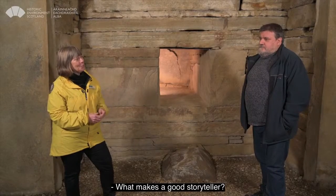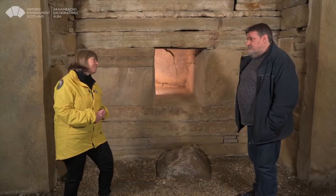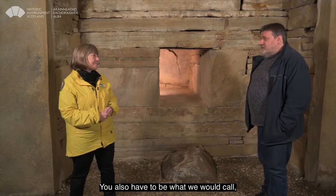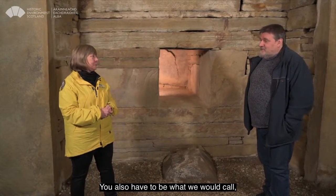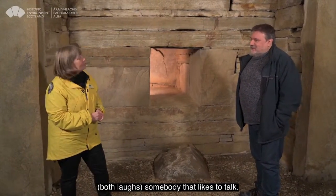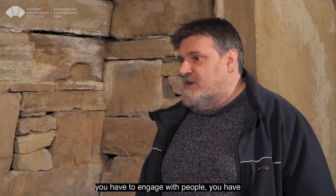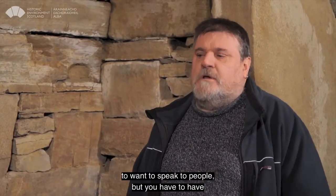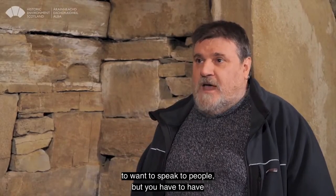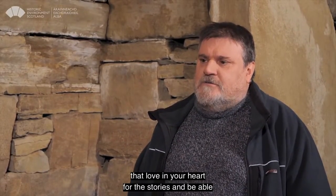What marks a good storyteller? You have to love the stories. You also have to be what we would call a yapper, somebody that likes to talk. So you have to really be a people person. You have to engage with people. You have to want to speak to people, but you have to have that love in your heart for the